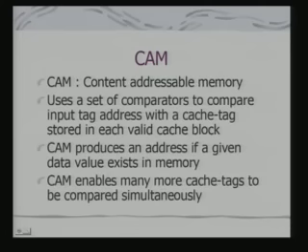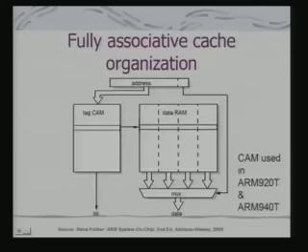So, let us see how it gets implemented. You have got the address. Now, this address is fed to what is called a tag CAM. Once it is fed to the tag CAM, this is something like your memory itself, but it takes this as input and produces an address. Address of what?